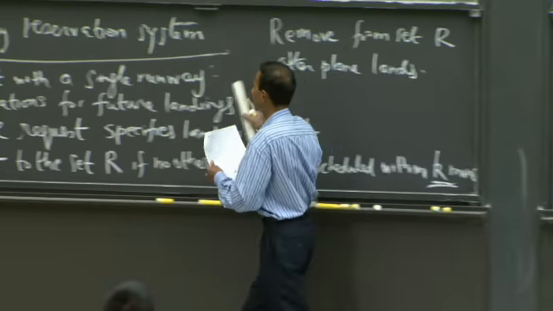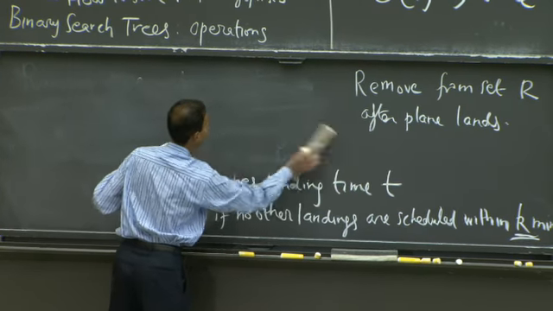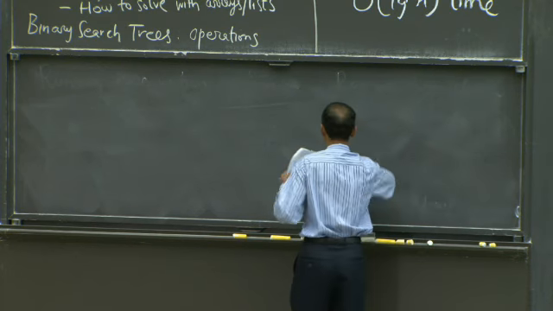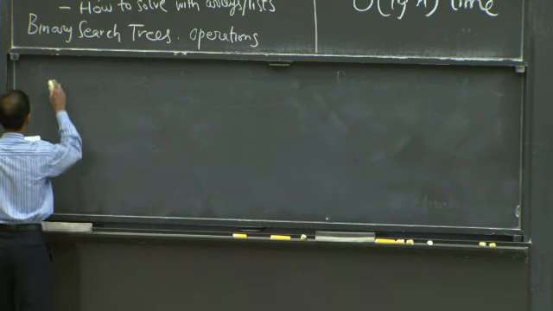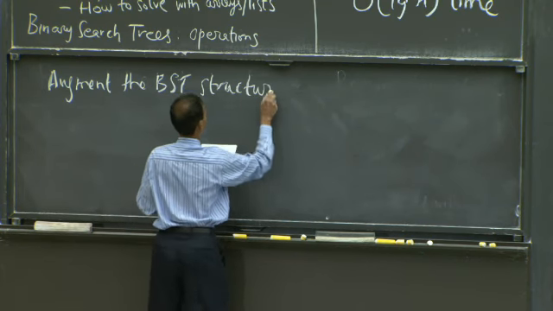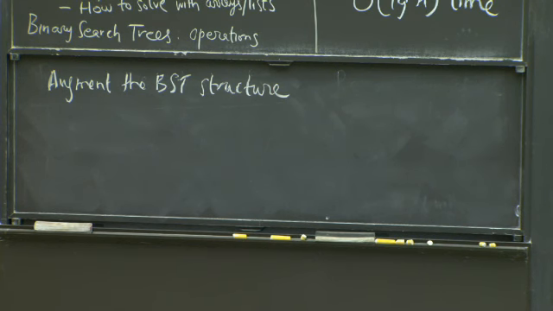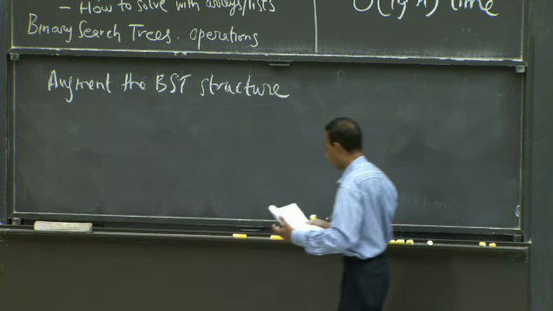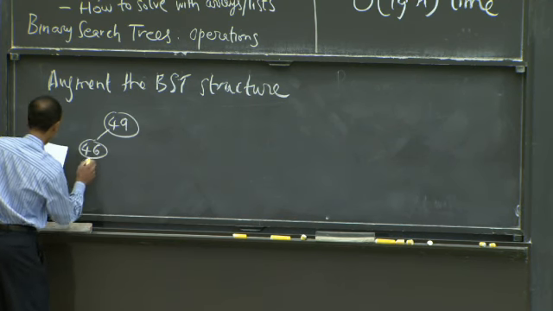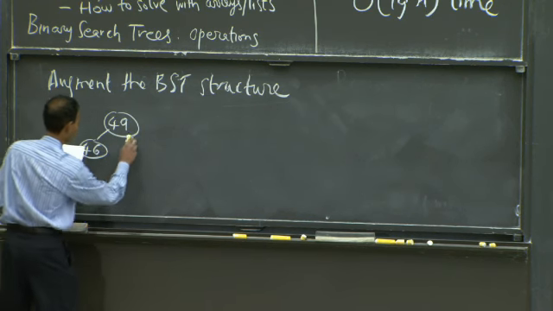So let's talk about how you do this. The first thing we need to do is add a little bit more information to the node structure. And what we're going to do is augment the BST structure. And we're going to add one little number associated with each node that looks at the number of nodes below it. So in particular, let's say that I have 49, 46, let's just say 49, 46 for now. And over here, I have 79,